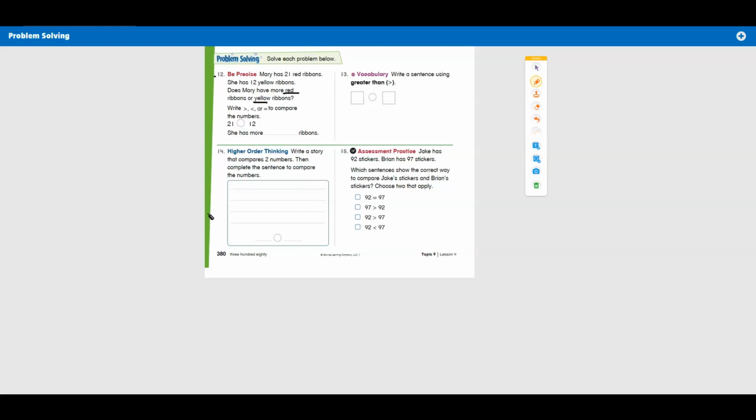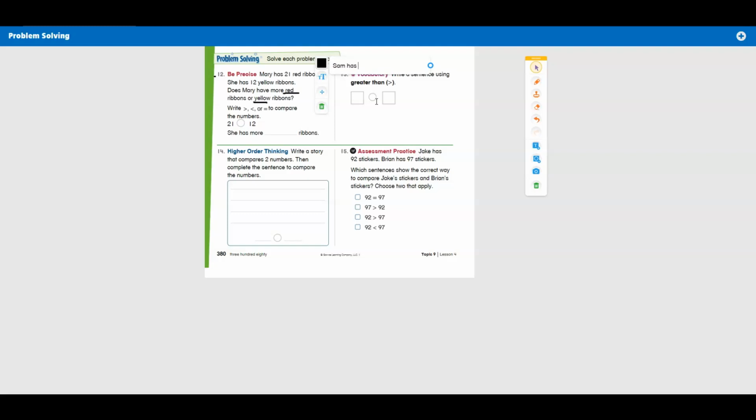For number 14, it says higher order thinking. Write a story that compares 2 numbers. Then complete the sentence to compare the 2 numbers. I will give an example for number 14. I'm going to use my typing tool so that you can actually read my story. It tells us to write a story that compares 2 numbers. I could say,